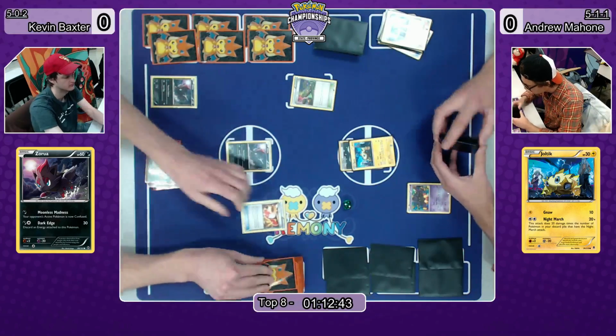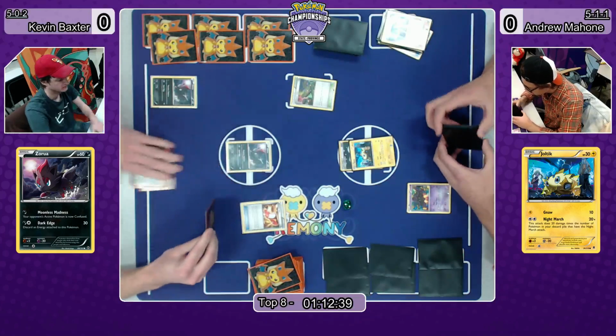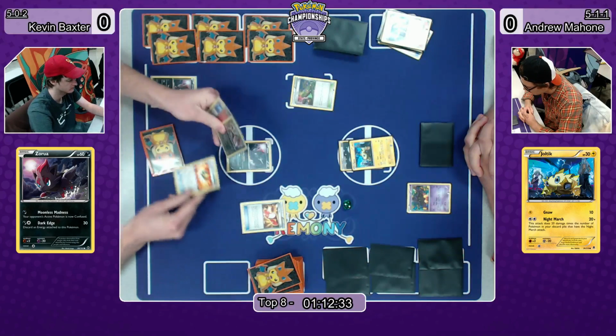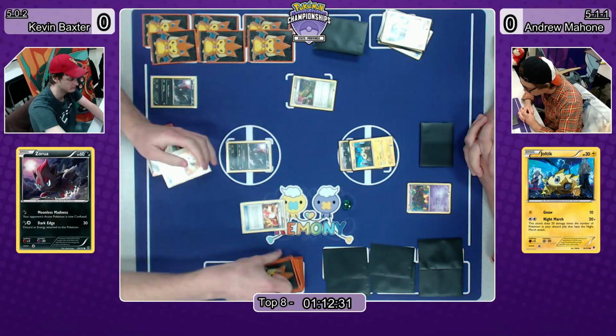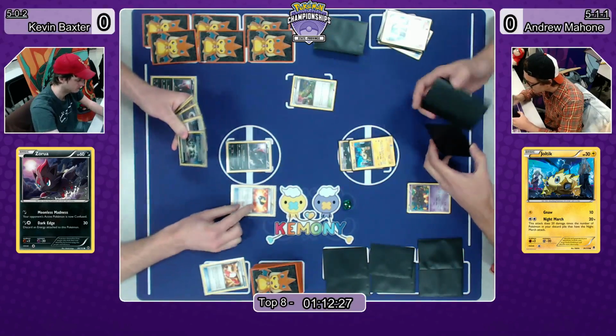Actually, it looks like he's going to pass. So he's going to hold on to that Ultra Ball and the Sycamore for next turn to see what Kevin's going to do. Kevin's going to start his turn with a Trainers' Mail. He's going to take an Ultra Ball here. He had an option, it looked like, to get a Battle Compressor. So he must have...